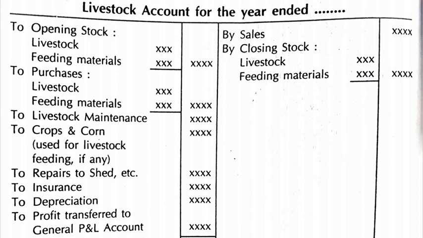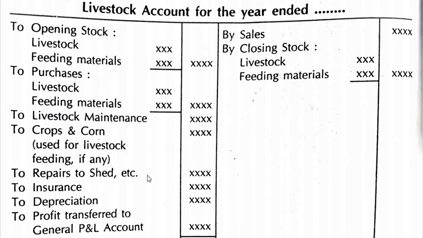Now how will you make this livestock account? This is the format of livestock account for the year ending, whatever is the year being given. To opening stock wherein livestock, feeding material, to purchases livestock, feeding material, to livestock maintenance, any maintenance charges being done on those animals, that is in terms of horse, pig, sheep, etc. That is nothing but to livestock maintenance, to crops and corns used for livestock feeding, if